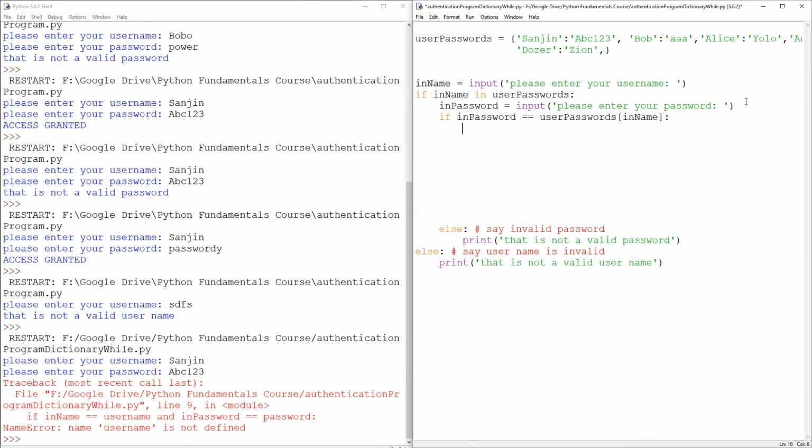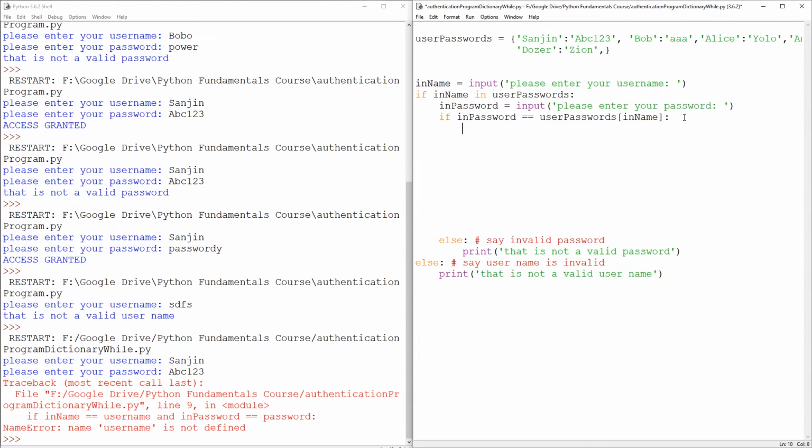And that's it. Because if the in name was Sanjin or Bob or Alice, it's going to check the password for Sanjin, or it's going to check the password for Bob. So it's only this password that is going to work for Sanjin, only that password is going to work for Bob, only YOLO password is going to work for Alice. So